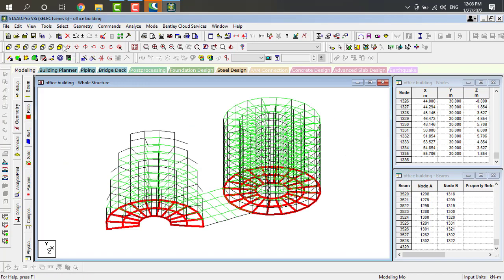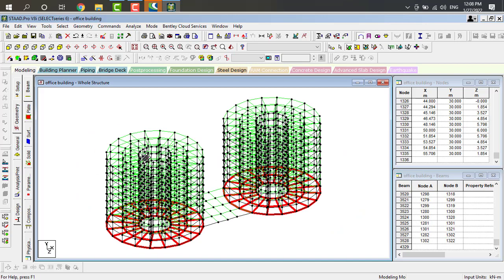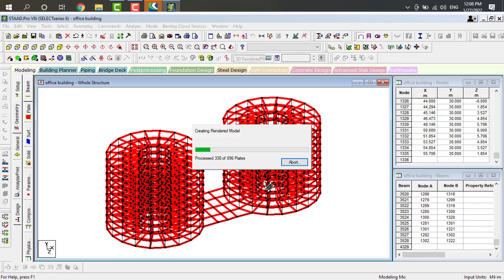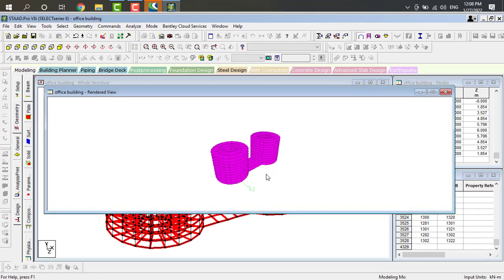Go to 3D option. Here our plates also are visible. Again I want to take plate cursor and observe it in 3D rendering view. Do you observe? This is like this.